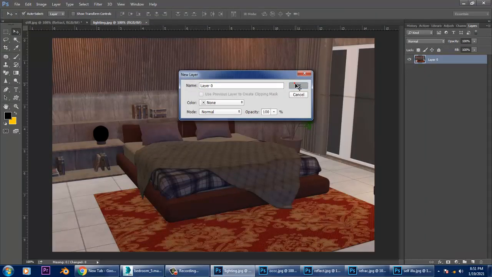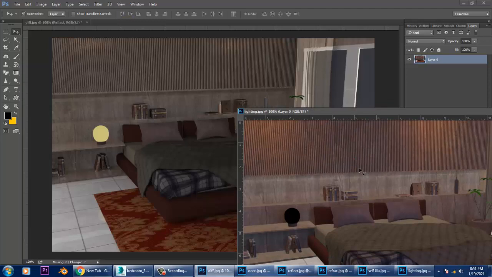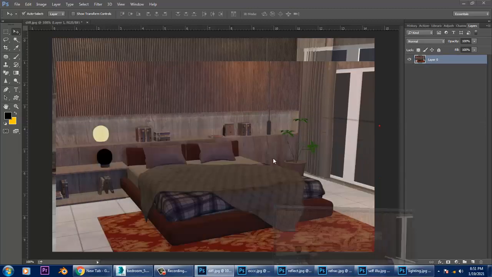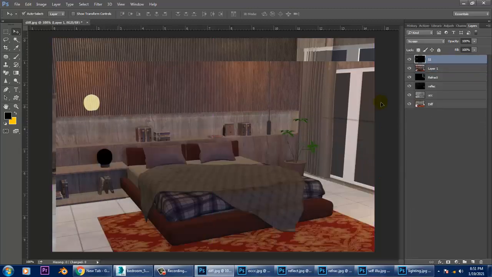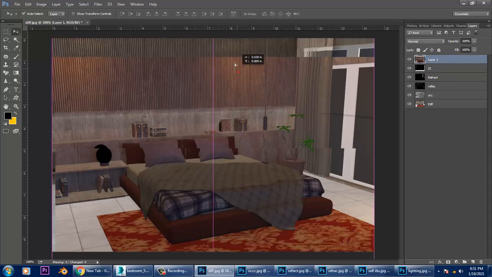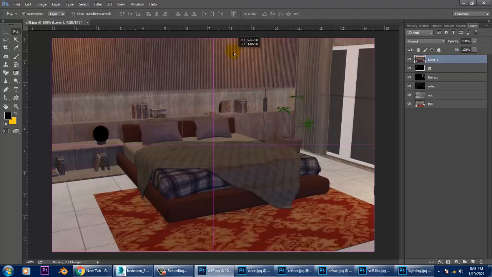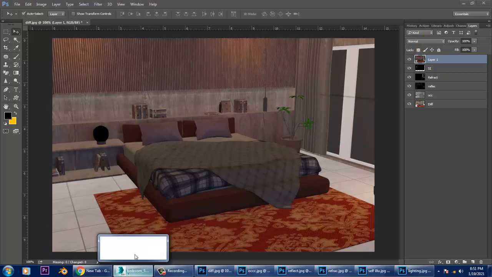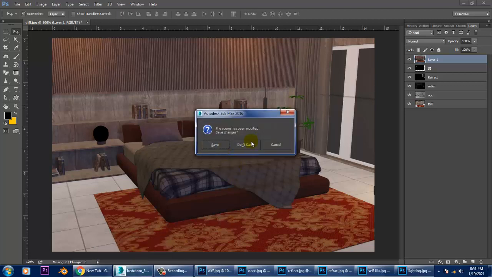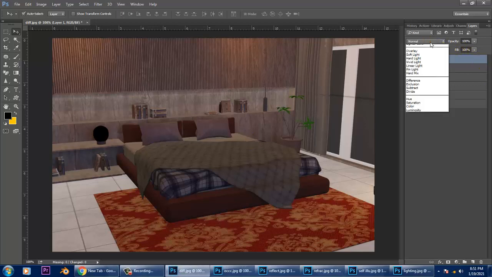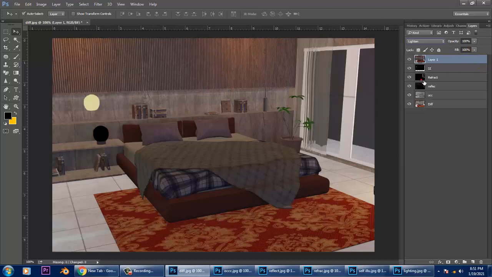We'll be adding it on top. I'll set it to lighten here.